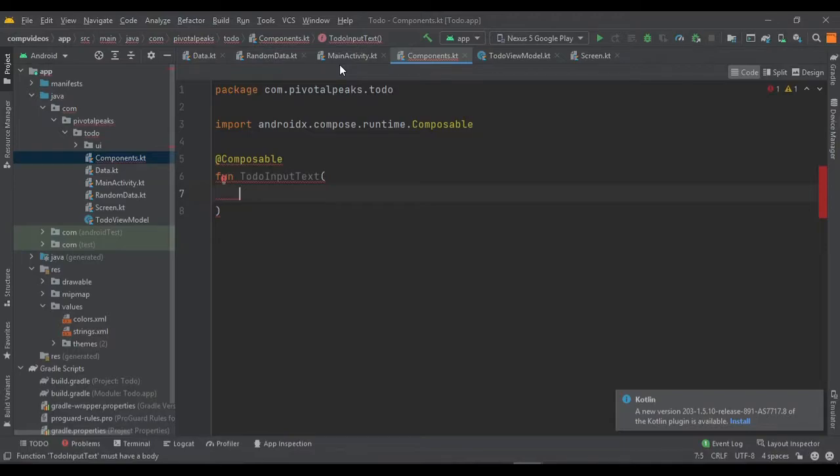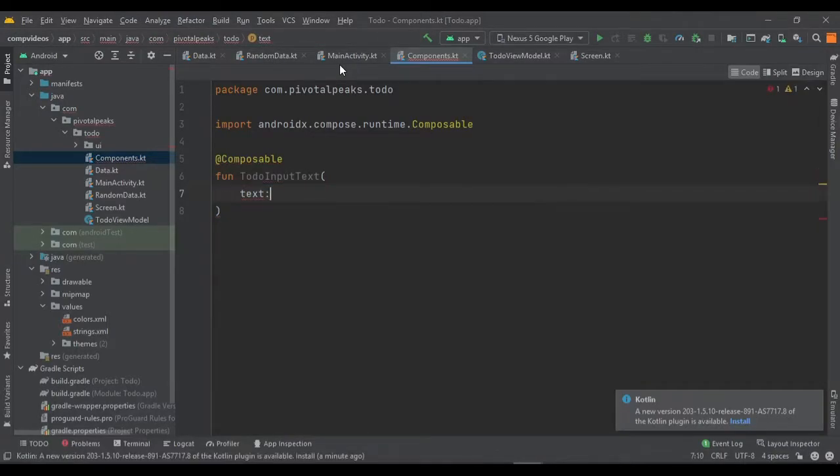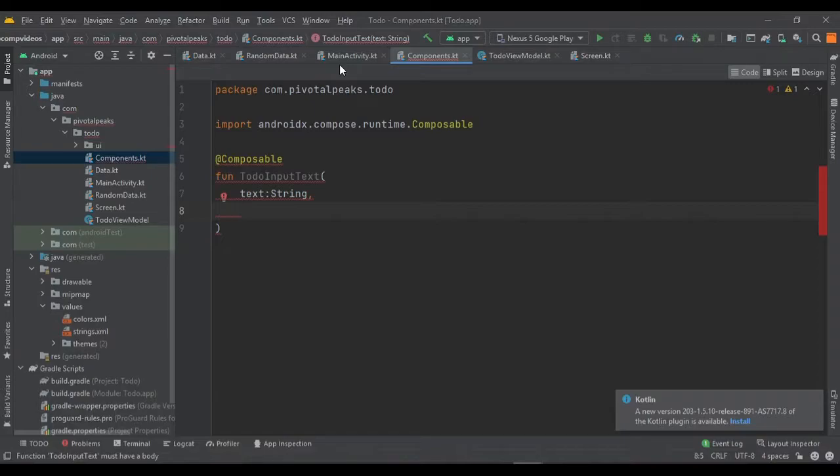So the first parameter is going to be a text of type string where the current text will be saved, the current type set. And the second parameter is going to be a function which will fire an event on complete.